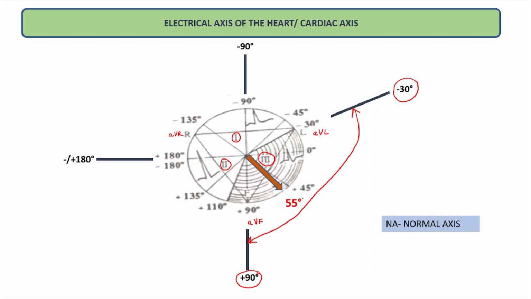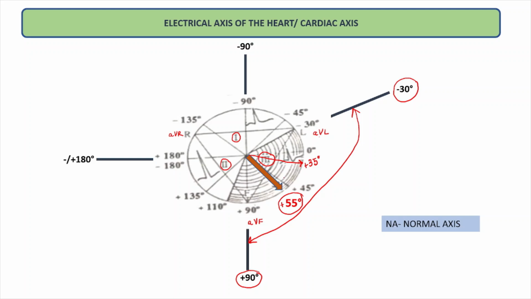Suppose in a healthy heart, the normal electrical axis is plus 55 degree. So if the electrical axis lies on this area, that is plus 35 degree,